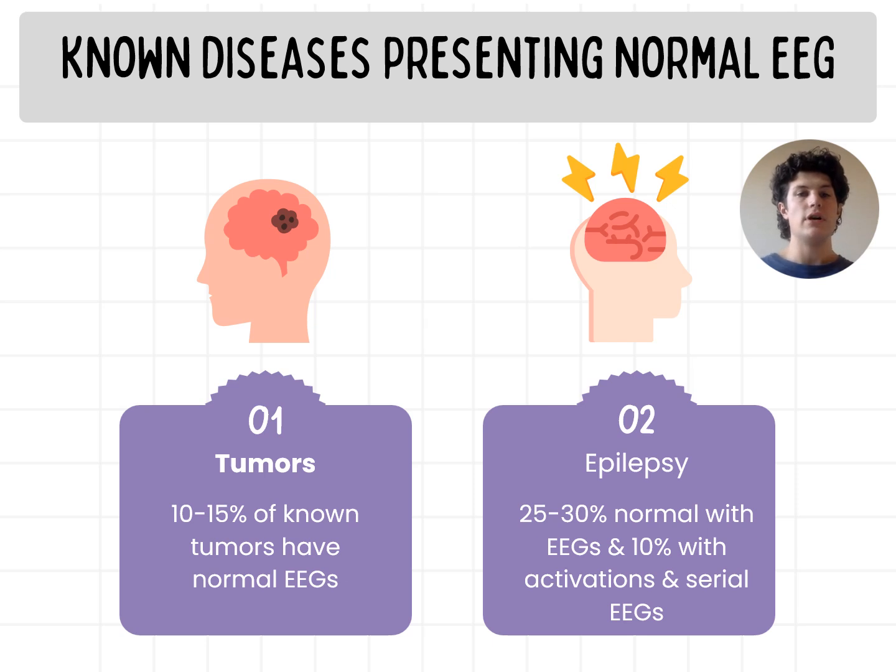For known diseases that present normal EEGs, this includes tumors and epilepsy. About 10 to 15% of tumors are known to have normal EEGs, and this is most likely due to a couple reasons. Either the size of the tumor, it's just really small, or the distance the tumor is from important cortical and subcortical regions, or that the tumor just isn't affecting any subcortical or cortical functions. For epilepsy, about 25 to 30% of epileptic patients produce normal routine EEGs,